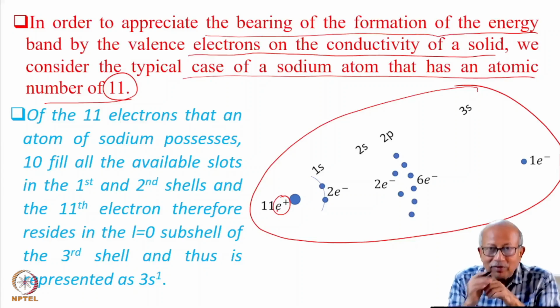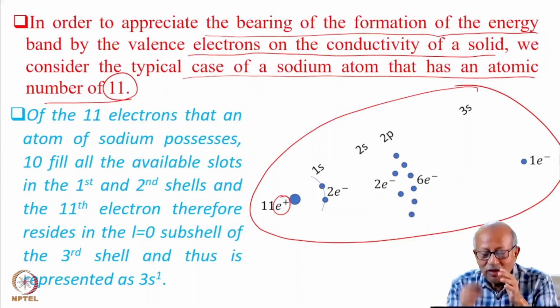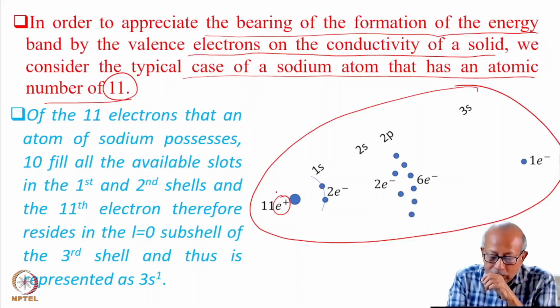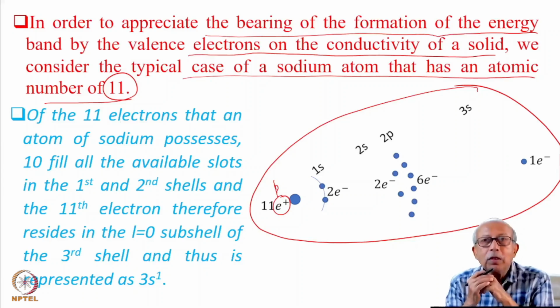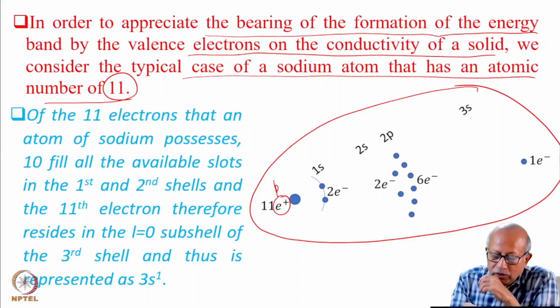This doesn't mean that this is an electron. This only means that its charge is a positive charge. An electron has a negative charge. This is a proton, its mass is much too large compared to that of an electron. So out of this